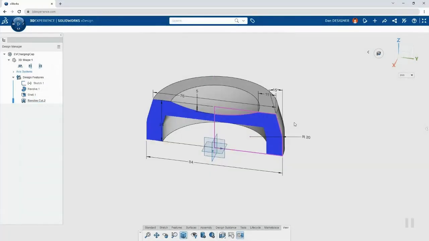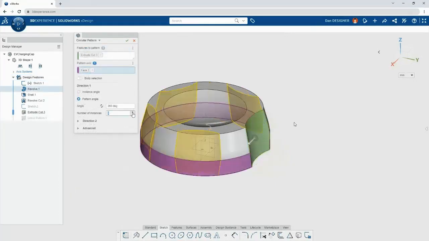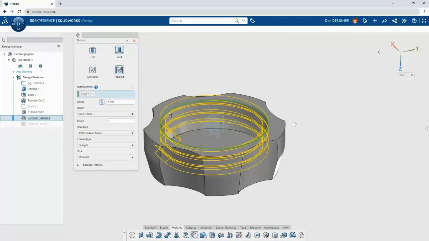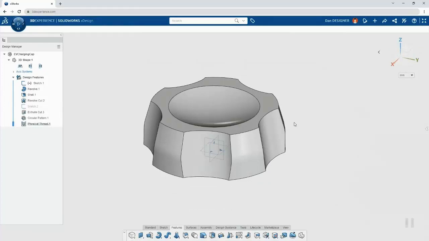Continuing on in this parametric part, we're going to create a little detent in the top there using a simple sketch. And through a cross-section, I just want to show you a little bit, when we talk about parametric design, this is the ability just to make a change, have it update, see the cross-section update. That's what we're used to. Continuing on with some features, I have an extrusion at an angle with some draft, and we're going to